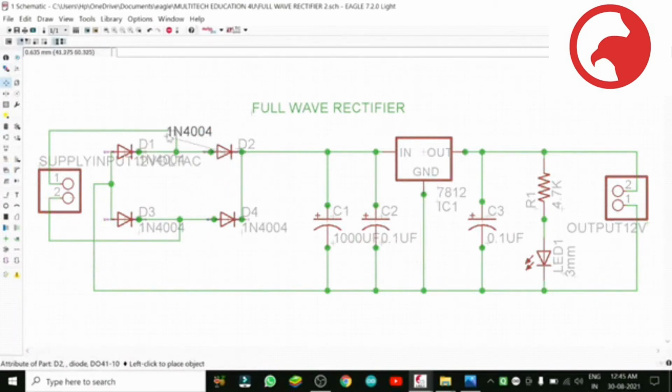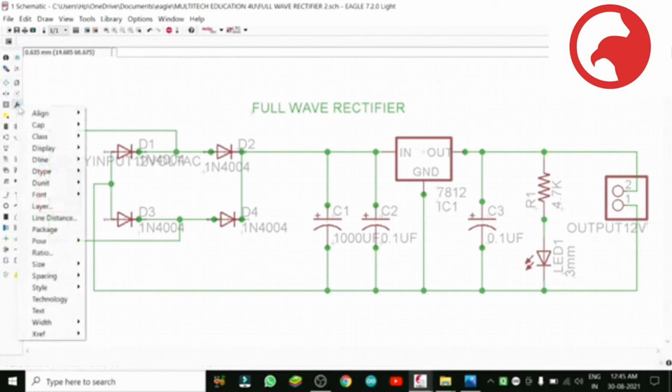So I have selected the move button from the left side. Now you can do anything with it, rotate it, place it anywhere. So this is the group selection for these positive marks in front of every text, and then move and do anything.